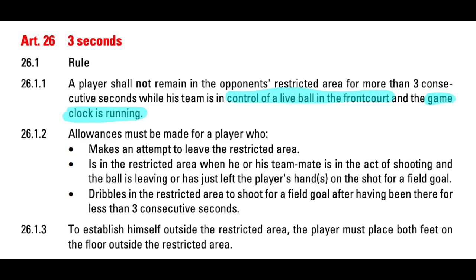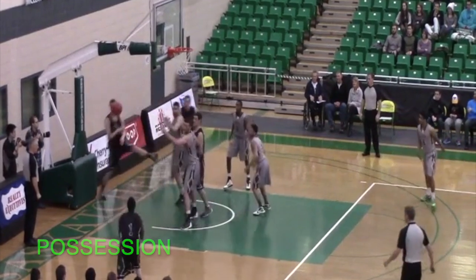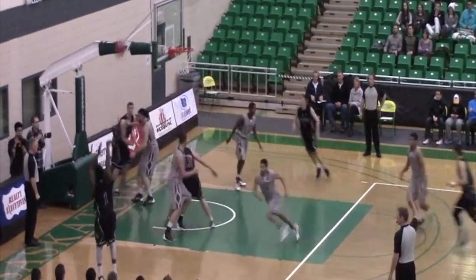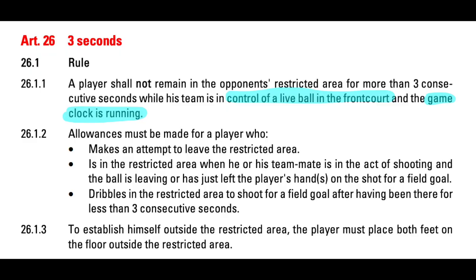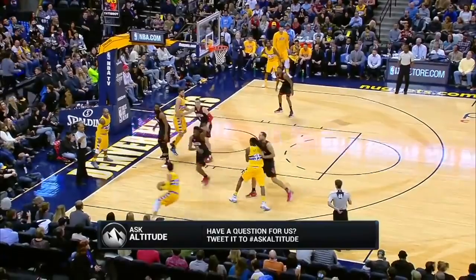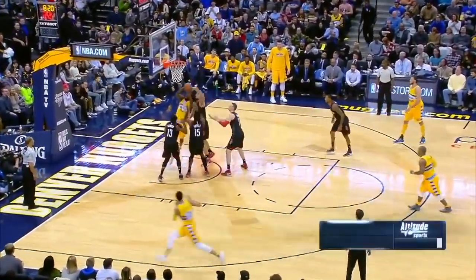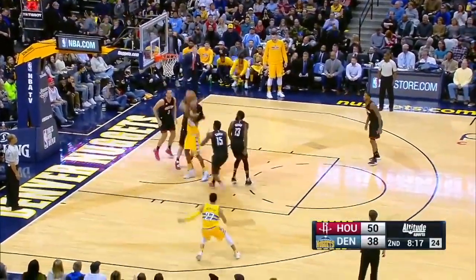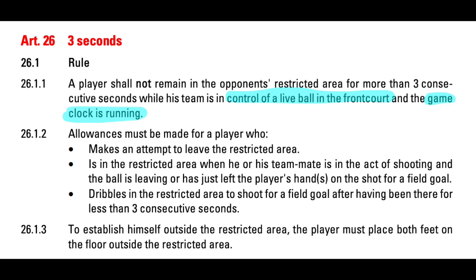A key definition here is control of a live ball. And what that means is that if a shot comes off the rebound but a player is still in the key, we can't have a 3 in the key. No one has possession anymore, but the ball is live. So it could be tipped around by offense, but it's only once possession is gained by having 2 hands on the ball that 3 in the key commences again. And this happens all the time when a player shoots the ball in the key or misses a shot or tips a rebound and you have people screaming for 3 in the key. Well, 3 in the key does not exist anymore because no one has control of the ball. So a key point to remember on that is a shot for a field goal means that 3 in the key resets because no one has control anymore.